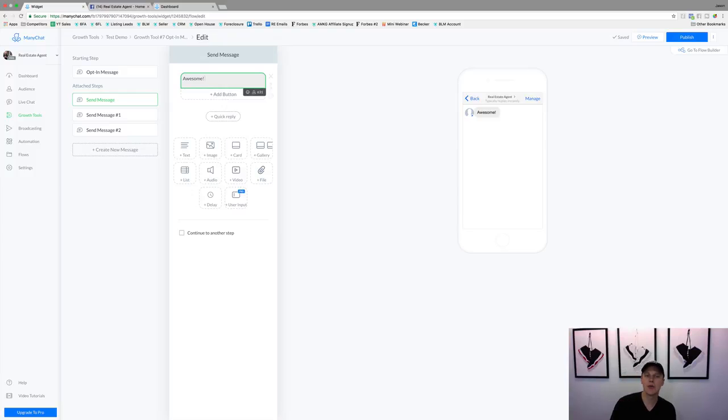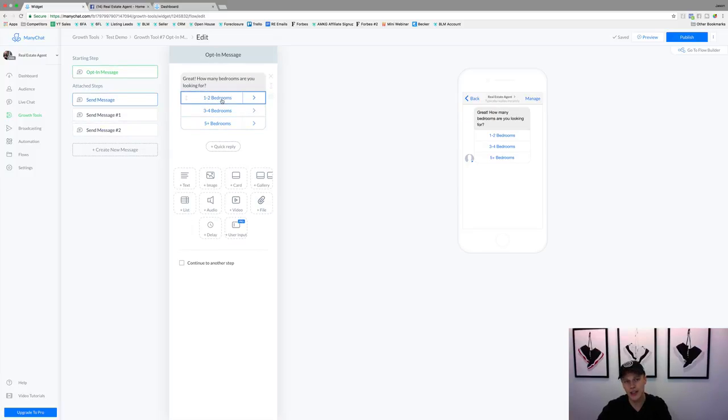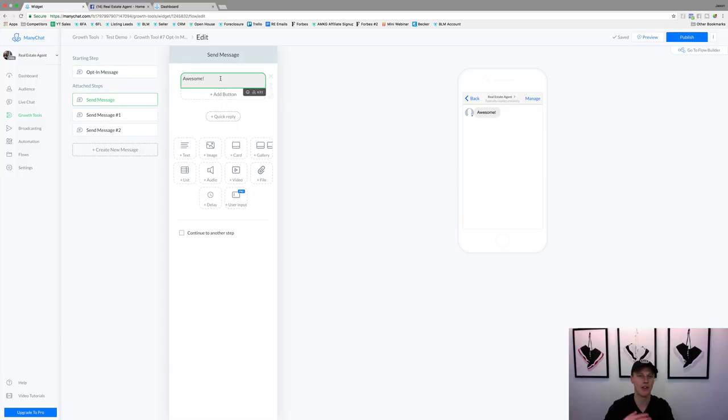And the nice thing is, once you get a response, you as the business owner can go back into all of these messages in your Facebook Messenger at the end of the day and see what people clicked on. Then you could follow up with them and shoot a message, hey, I actually have a perfect listing for you. It's got 3 bedrooms, it's in such and such area, and if you're pre-approved, great. If not, I've got a friend who's a lender who can get you the greatest rates, or whatever you want to say there. So we just say, this initial opt-in is based on what they click on. If they click this one, we want to have this follow-up right here.